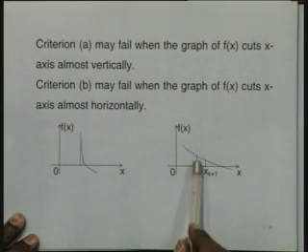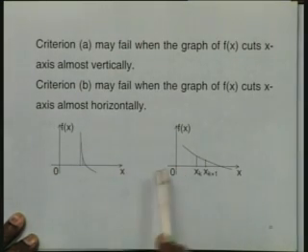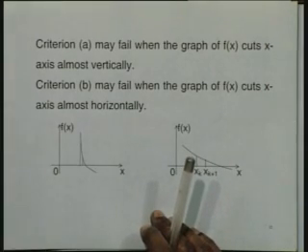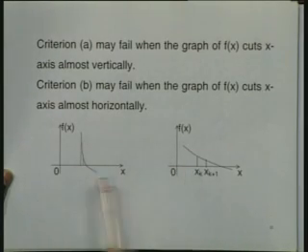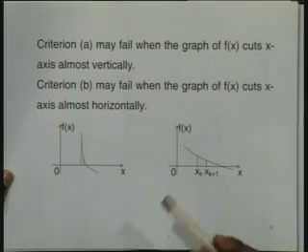Of course, if you are going to test both of them together, there is no question of failure. If you want to use both the conditions together, then there is no question of failure in any particular case. However, in most of the cases we may not use both of them, hoping that it is not a typical case of one of these two cases, but the failure can occur. That means when you are solving a particular problem and you have difficulty, you may have to think that maybe the graph of the function is coming either horizontally or vertically. Therefore, we can use both the conditions together to avoid that particular pitfall.